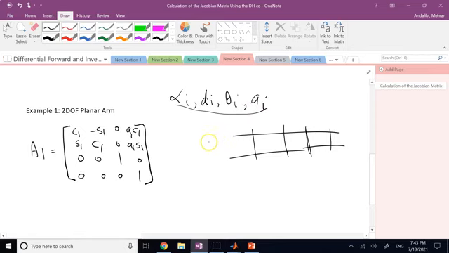And if you remember, in general, A_i was a rotation about z by theta_i, times a translation along z by d_i, times a translation along x by a_i,